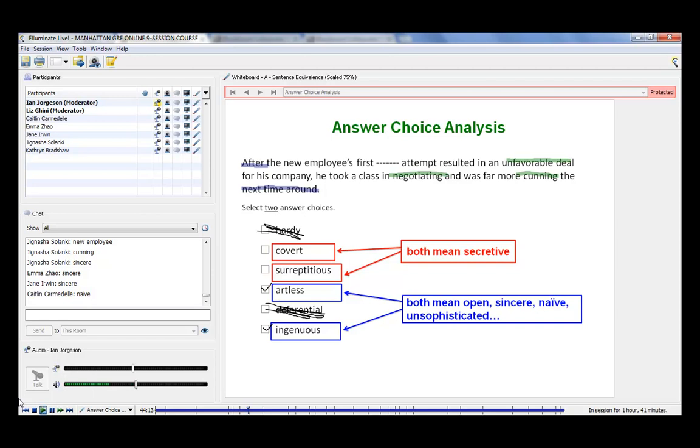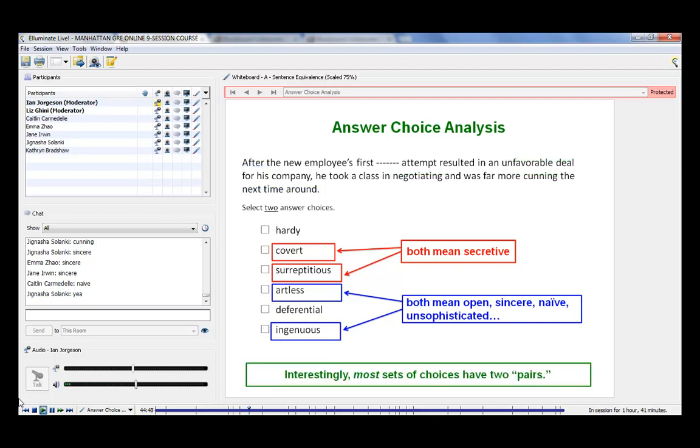Basically, answer choice analysis, great, but only if we can pair the words up. We don't even need to know their meanings perfectly, but we've got to at least know them well enough to pair them up. And if we can't do that, then we've got a problem. I would say that you can still do this as long as you know 5 of the words, because, like I said earlier, you will almost always get 2 pairs and 1 set of unpaired words. So if you know 5 of the words, that's good enough. But 4 or less, you're going to have a hard time,